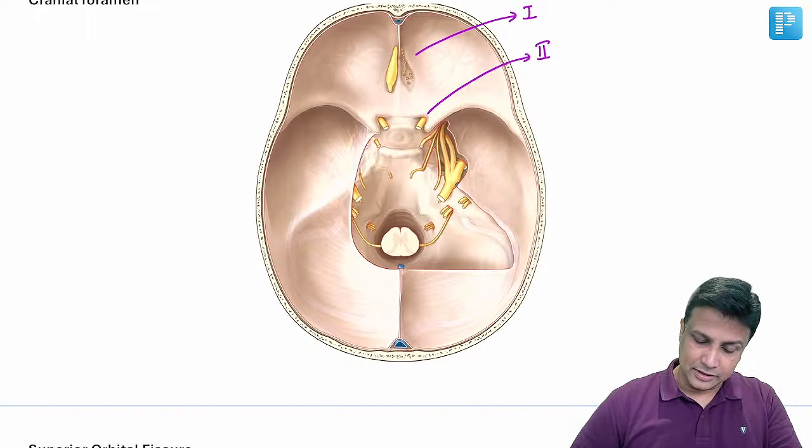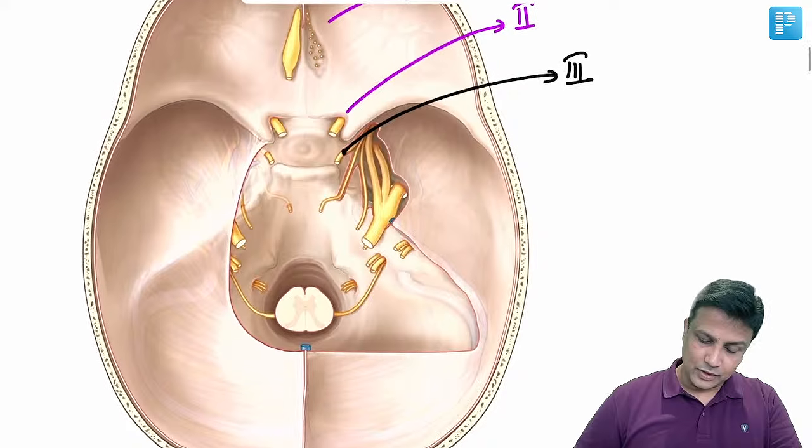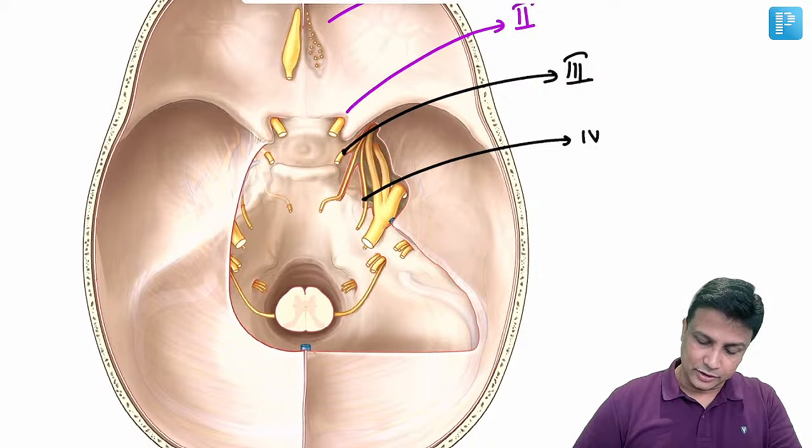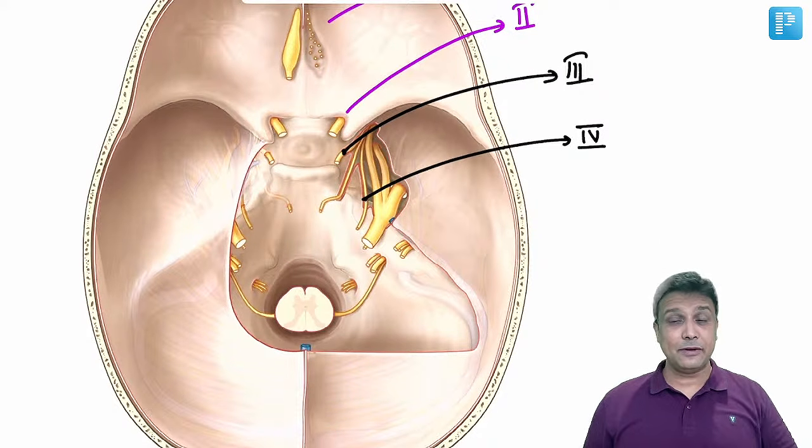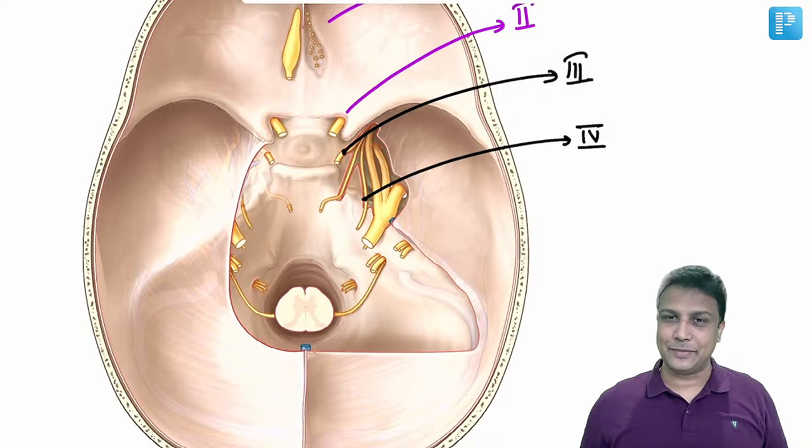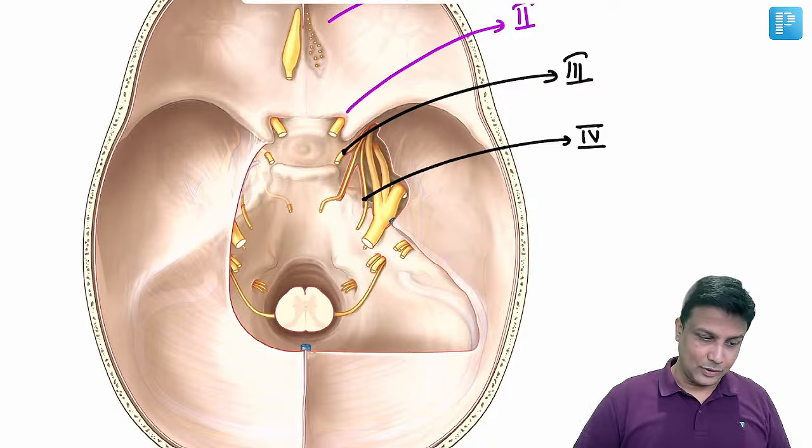Now please remember this nerve here will actually be the third nerve, that is your oculomotor nerve. And then this nerve here will actually be the fourth nerve, that is your trochlear nerve. Please be very careful here. That is the reason why I'm writing with a separate color there. So that is your third nerve and fourth nerve. Now why is that fourth nerve here? Because remember,